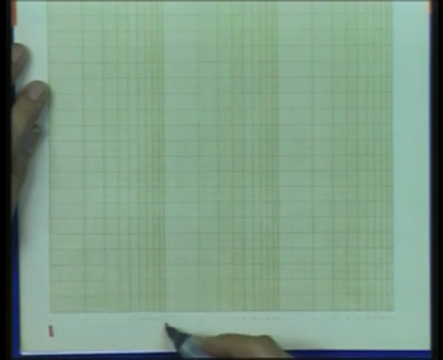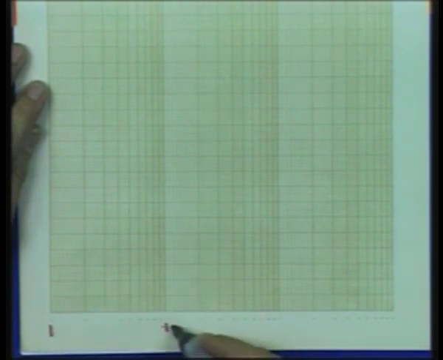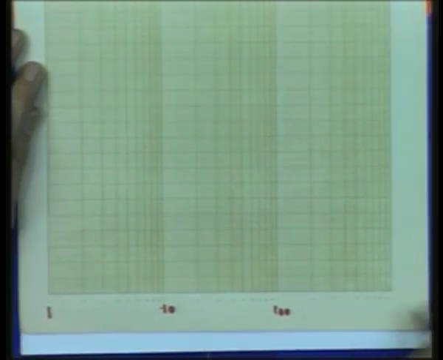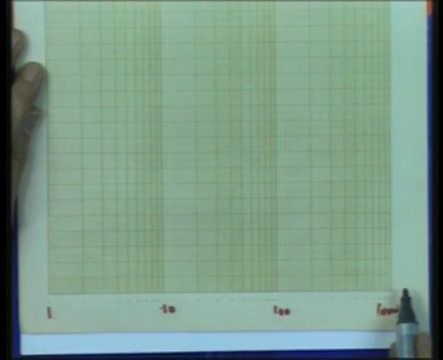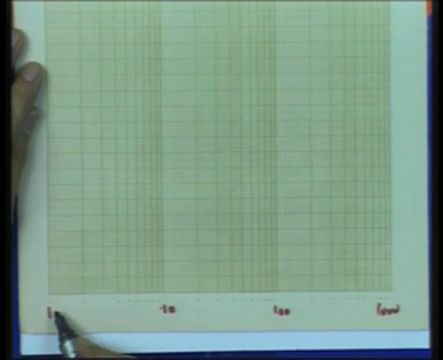Of course this 1 means not 1 but 10 if this is a 1. So if this is 1, then this is 10. Then again you will see 2, 3, 4. Now this 2 does not mean 2, but if this is 10, this means 20. Then the next one is 1, but that is not 10, now it is 100. And finally the last one is 1000. So my paper is now ready to use for omega marked as 1 radian per second, 10 radian per second,